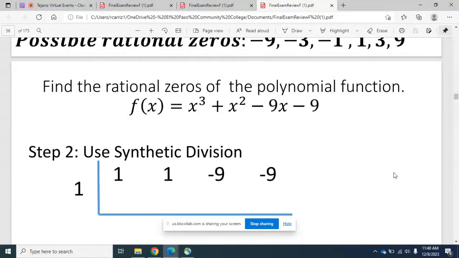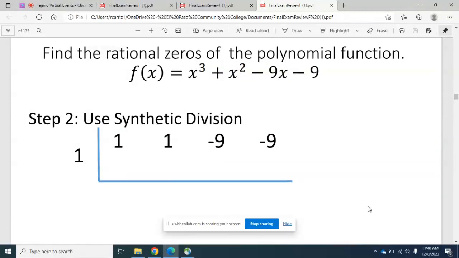And this could possibly give me a zero. So I'm going to start with the first one. I'm going to just start with 1. And to speed up my process, I'm going to use synthetic division to see if 1 is a zero of this polynomial. Okay, so to recall synthetic division,